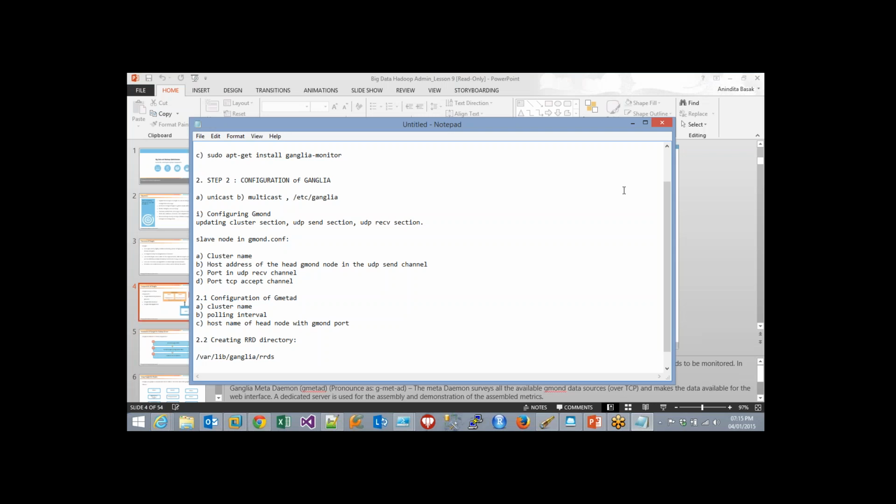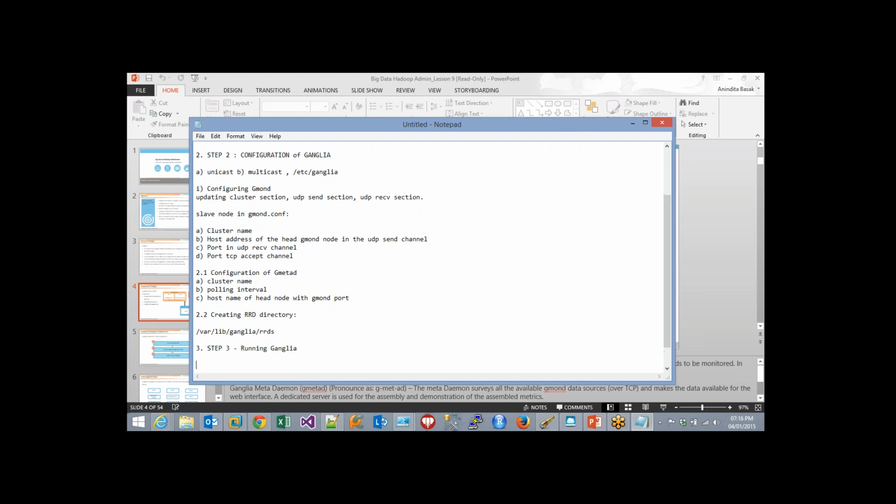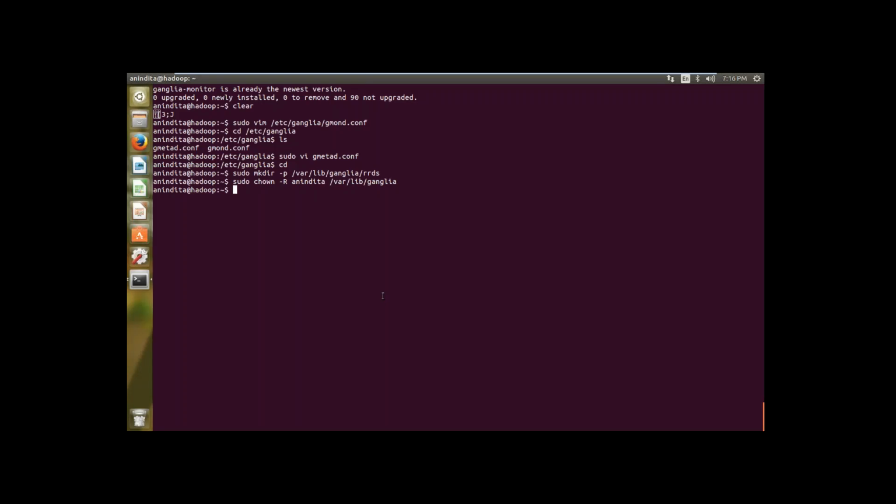The third step is running the Ganglia services. Step 3, running Ganglia. There are two services called gmond and gmetad, and some commands are available to start them. Typically, sudo service gmetad start and sudo service ganglia-monitor start are the commands by which the Ganglia monitoring services can be started. So we just need to execute the following commands. Sudo service